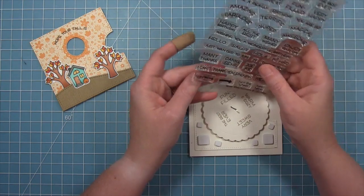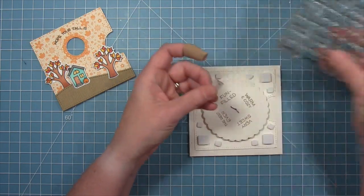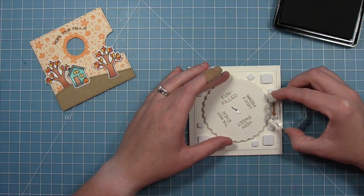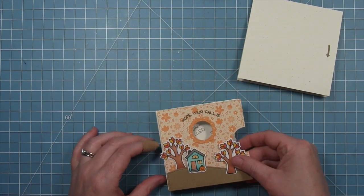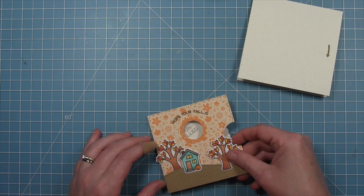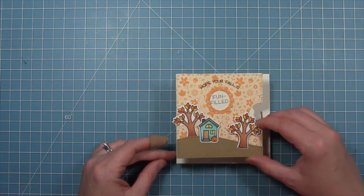So there's an arrow in the original Reveal Wheel Sentiment stamp set, and we're going to pick that arrow out, and we're just going to lay this whole thing on the card base as a guide, and then we can do that stamping really quick, and that's going to let the recipient know to spin the wheel. Then we can take our front and layer it right on top, and that's going to finish up our Reveal Wheel mechanism. The last step is to take that whole thing and put it onto the card base,